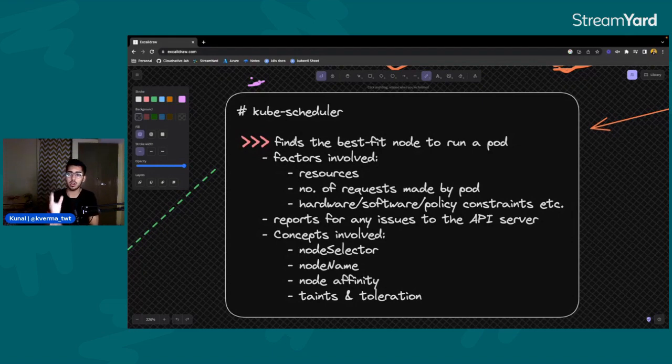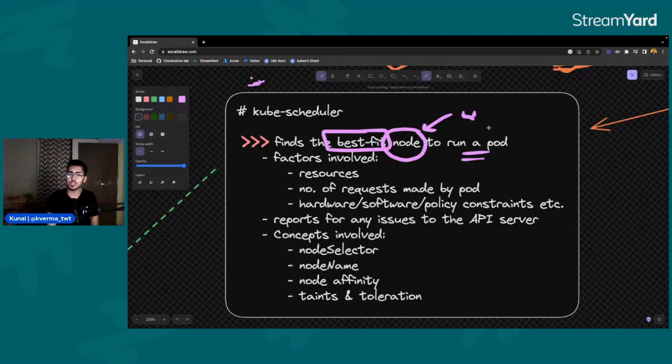Now, what is the function of a scheduler in the cluster? The important thing to note here is that it finds the best fit node to run your pod. And by best fit node, we are referring to the worker nodes. We'll understand more about worker nodes, but just note that it finds the best fit nodes to run your pod.